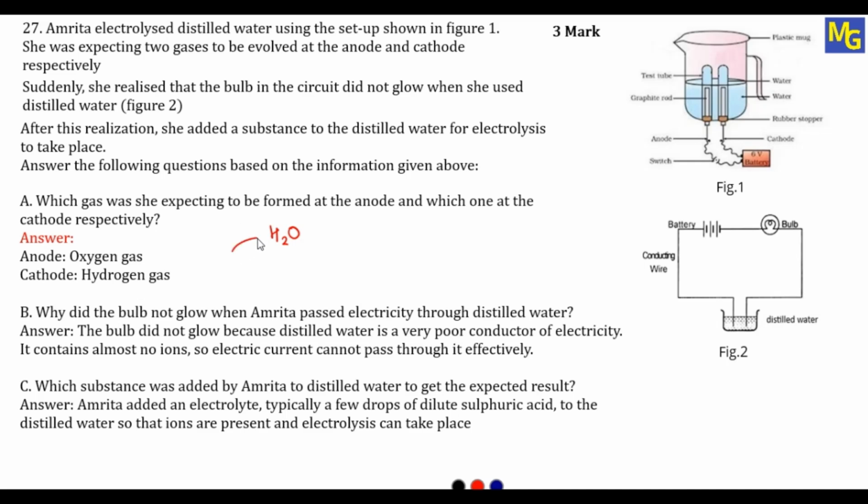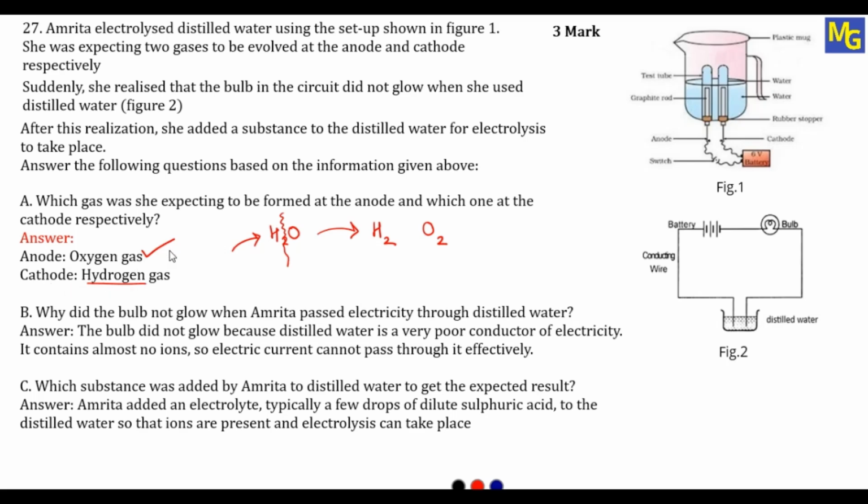So once she supplies the electric current, this water will break. And once the water breaks, you are going to get two elements, hydrogen and oxygen. So H, H will combine to give hydrogen gas and O, O will combine to give oxygen gas. So she can expect hydrogen gas and oxygen gas to form towards the electrodes. Now, which gas will form towards the anode and which gas will form towards the cathode? So here, oxygen gas will be formed towards the anode and hydrogen gas will be formed towards the cathode, because